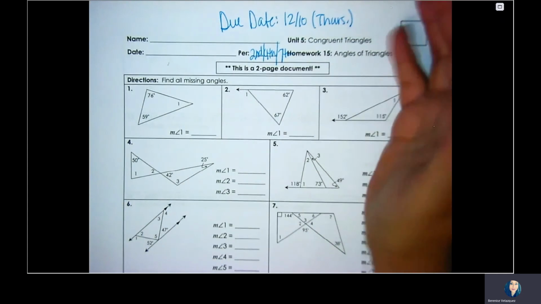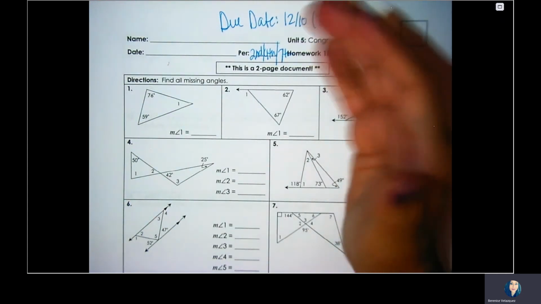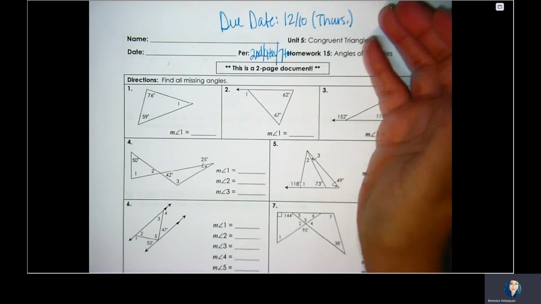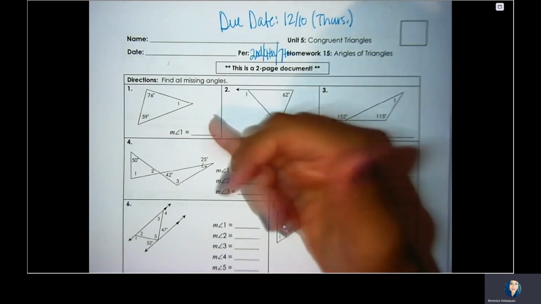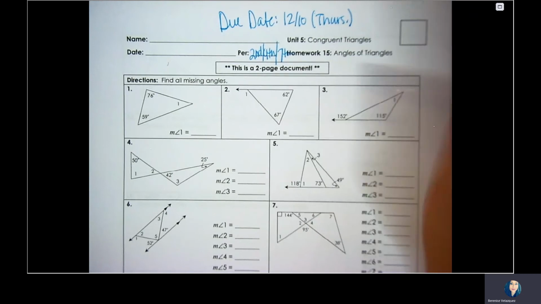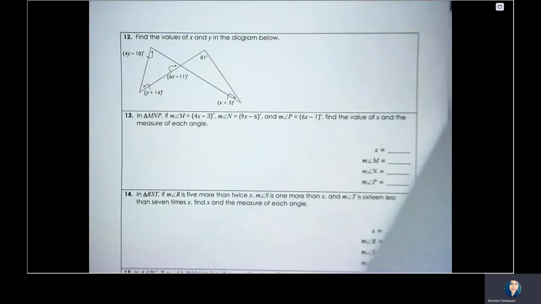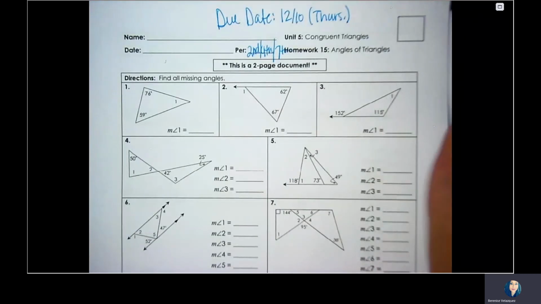So I might have a question where I say homework 15 was due what day, and you'd have to pick 12/10 as the correct answer. I might say, what's the answer for angle 1? I might say, how many questions were on homework 15? There's a total of 16, so the answer would be 16. So very simple to get some of the answers, and then obviously some you would have to have worked out to get the answers. Okay,